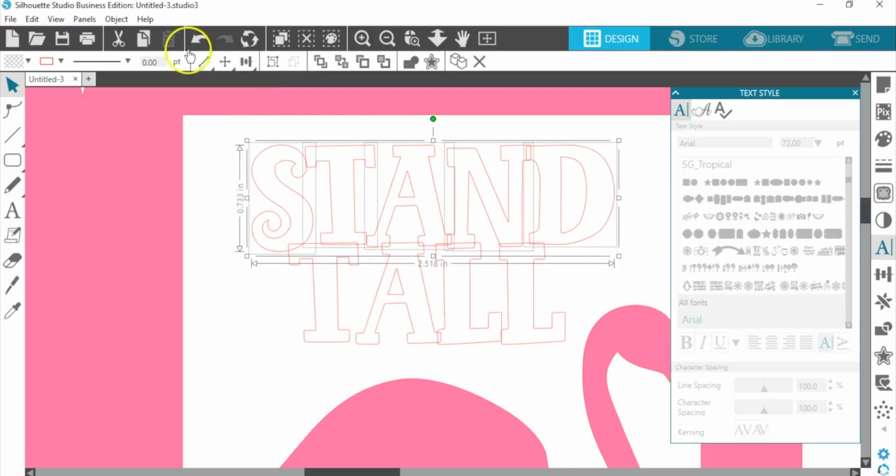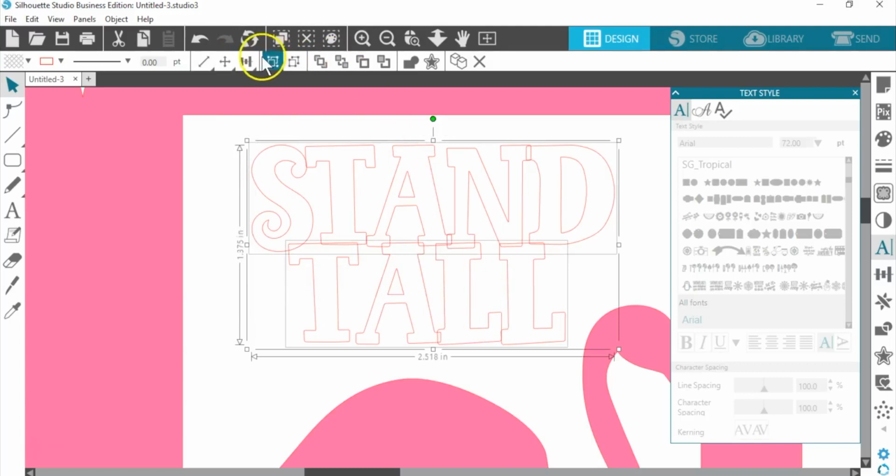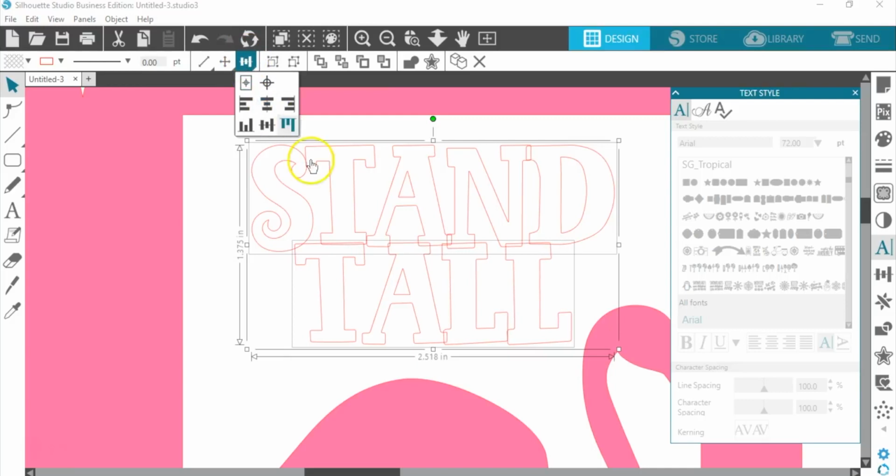I'm going to group the top one together, group the bottom word together, and then I can use my Align Center choice in the quick access toolbar to get those all lined up again after I've moved things around. And keep in mind that once you ungroup text, you can't edit it any further, so you might want to make a copy first before you ungroup any text.